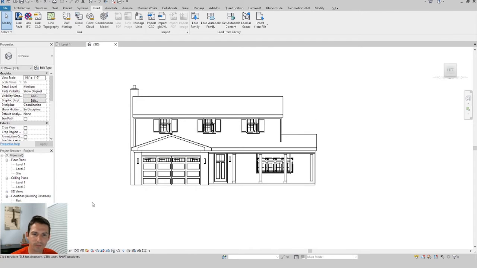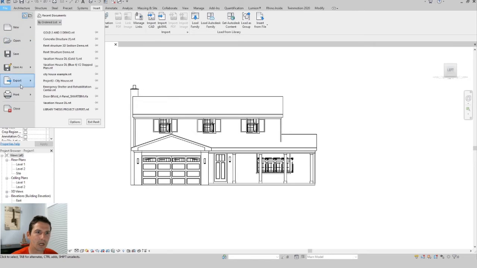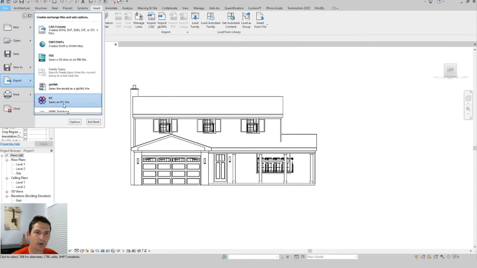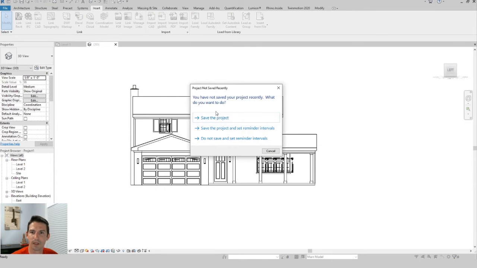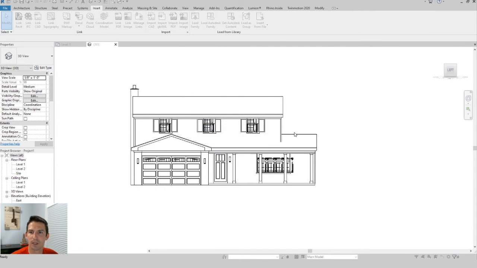So if you're using Revit, what you want to do here is take a flat-on view of your structure. And once again, my windows are a little messed up here from SketchUp. I just brought in a SketchUp file here into Revit. But essentially we're going to export one just like this. So you go to File, you go to Export, you go to PNG or Image, and then here for your image settings,